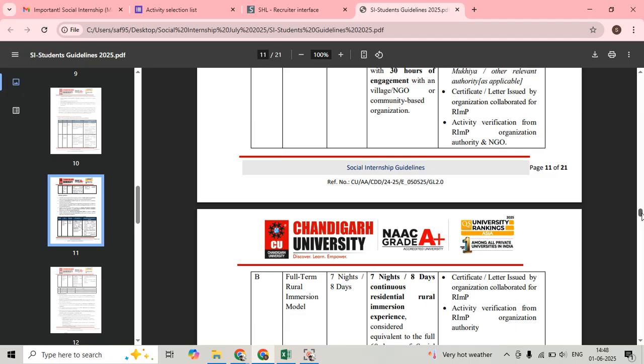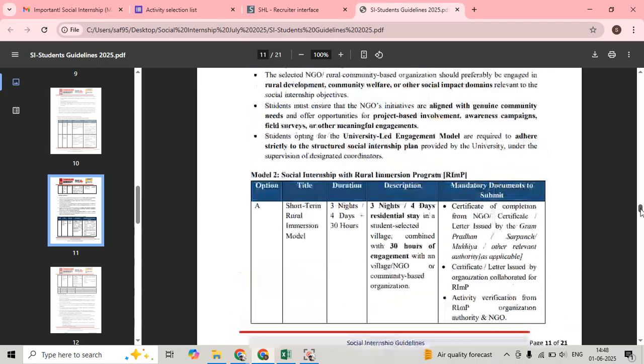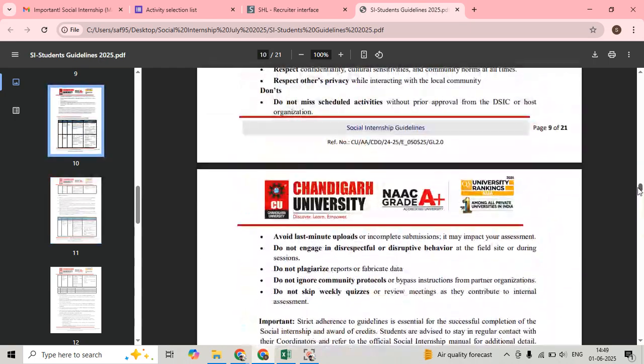And for each weekly report you will submit one video, which you will upload on Google Drive, and then the shareable link will be placed by you in a PDF, and you will merge that with the weekly report. So this is about the weekly reports and the daily reports. Now moving on,